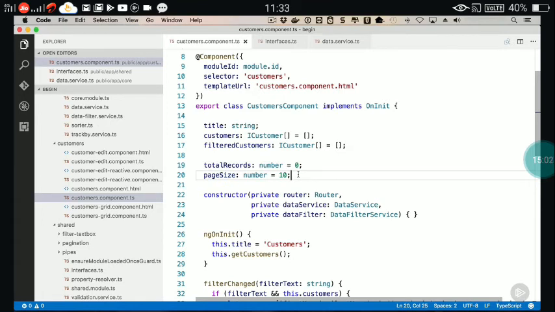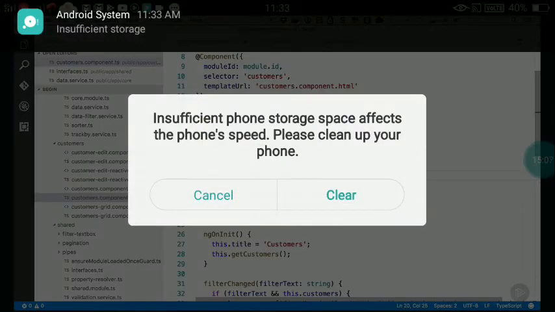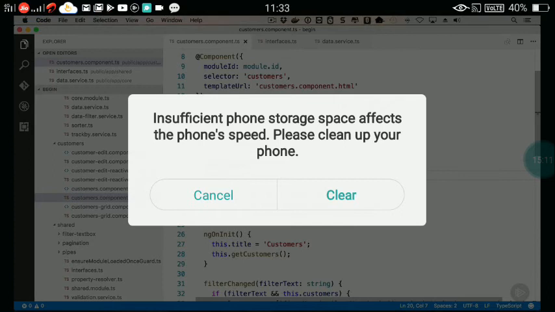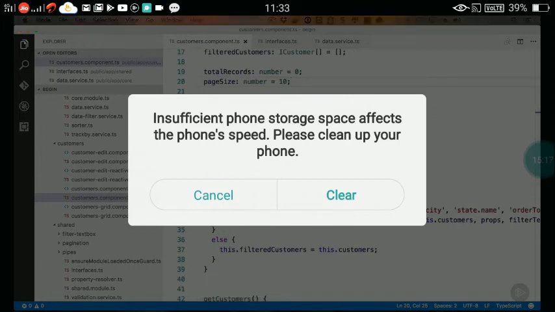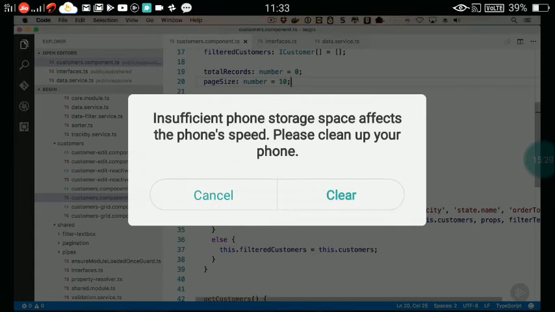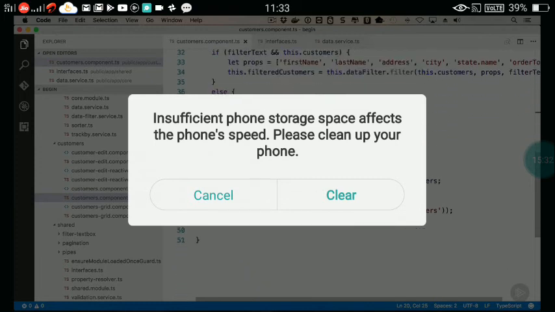So what we need to do is our data service that we just looked at earlier is going to return the total records. We need to store that here. And then, of course, page size we're setting to 10, but that could certainly be dynamic as well if we wanted. But currently, the application isn't using paging. Instead, what it's doing is actually coming in and getting all the customers, and that's okay for now, but obviously we didn't go to the trouble of creating that on the server side to not use it, so we need to fix that. So what I'm going to do is come down below, and we have a get customers,